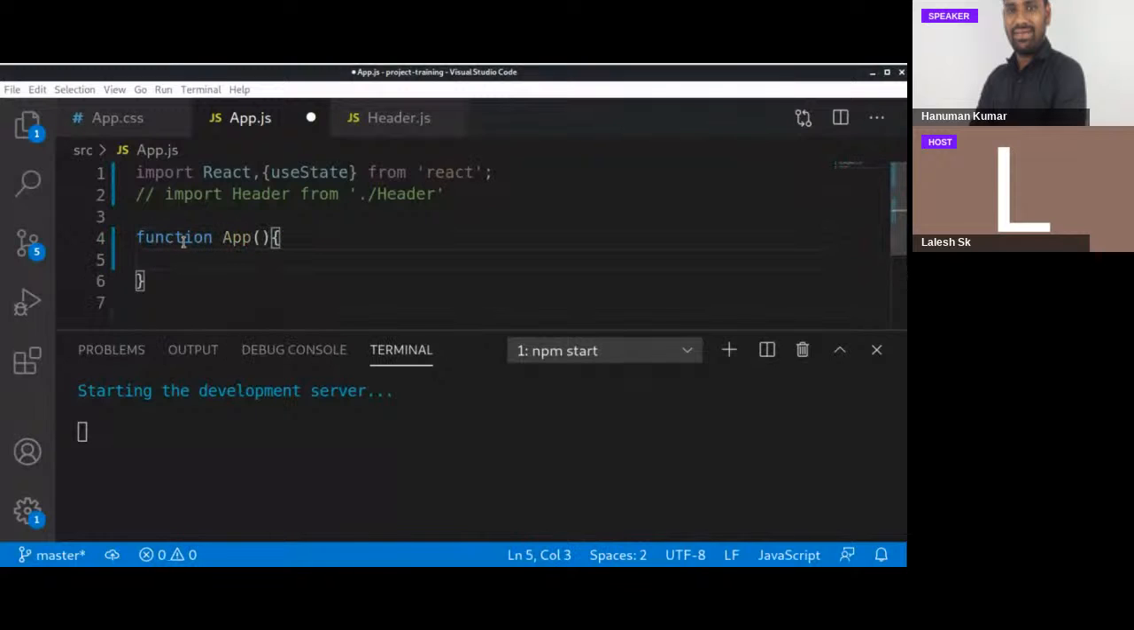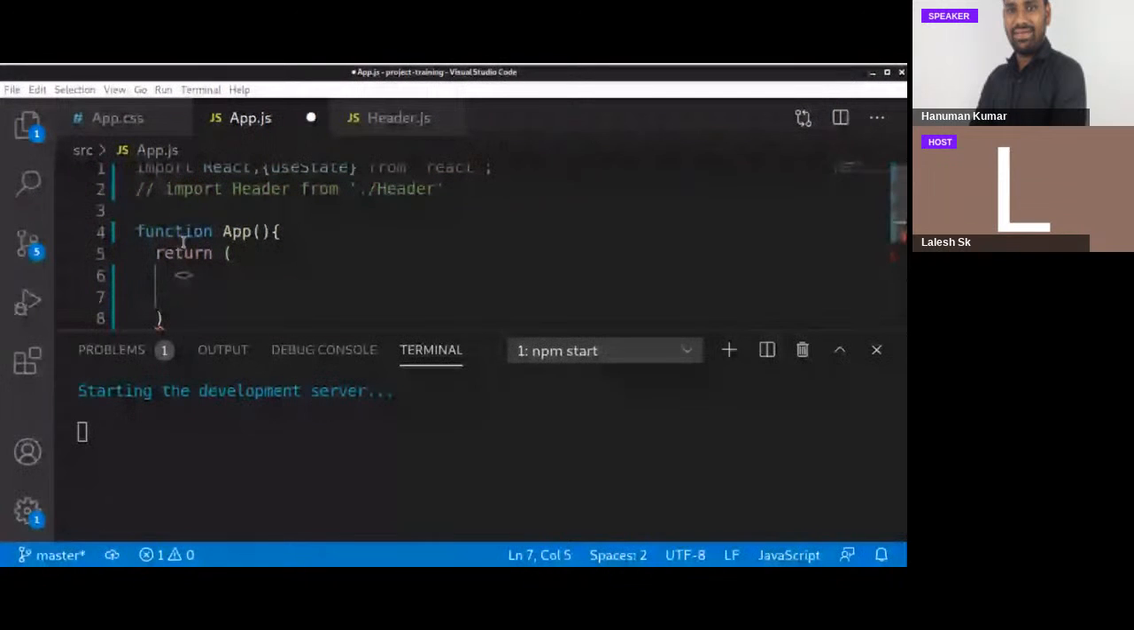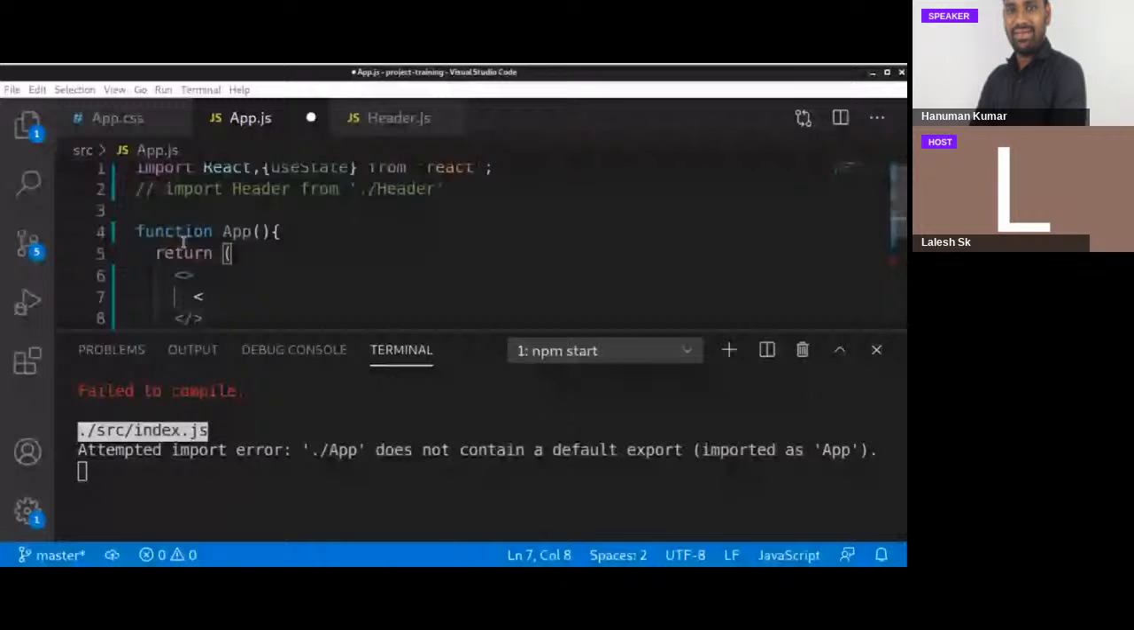Here we have to return a value, right? So I'm going to return a value. I'm going to use React fragment. We already discussed it in the last session. The information, that is the second largest heading. So this is sample data,